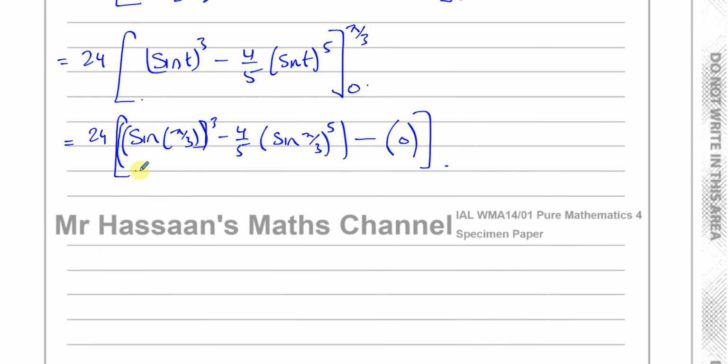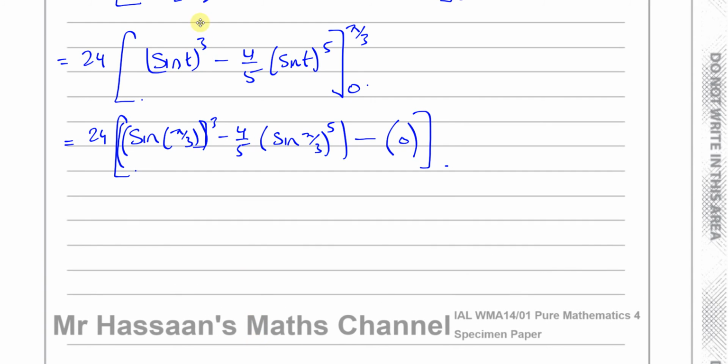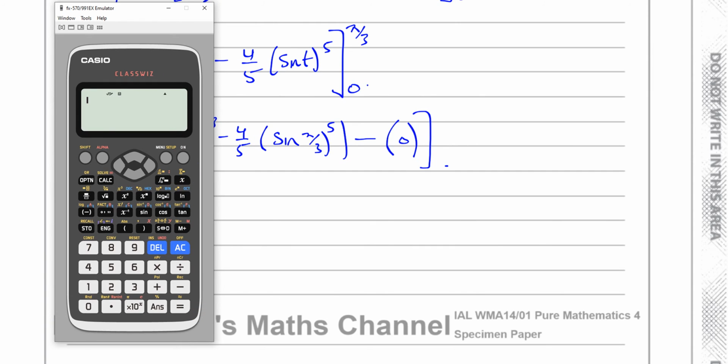Now the sine of pi over 3 is root 3 over 2. So I can just stick this in my calculator, it'll be perfectly fine to do that. I know that sine pi over 3 is the sine of 60, which is root 3 over 2, root 3 over 2 cubed, minus 4/5 root 3 over 2 to the power 5. I'll just put it in my calculator. Okay, so I end up with